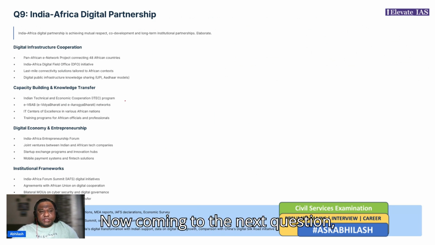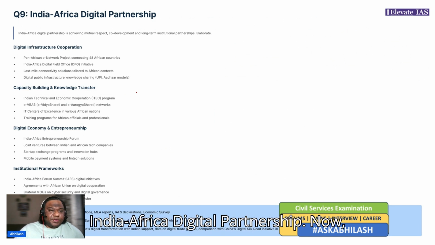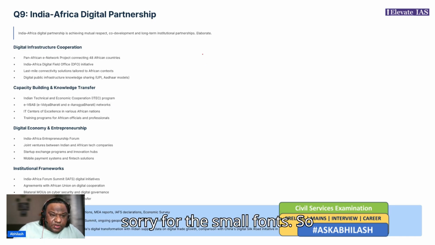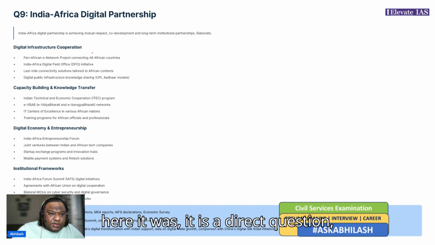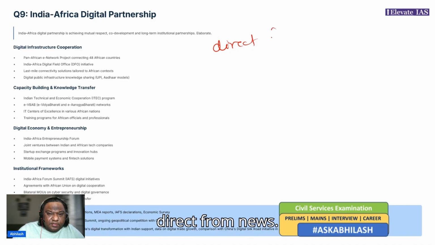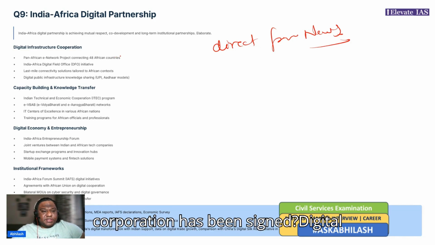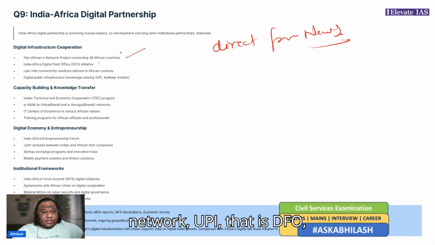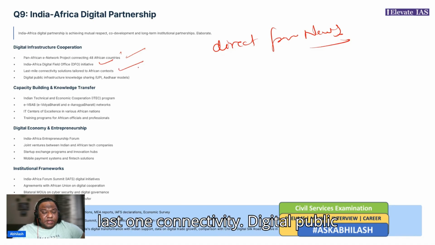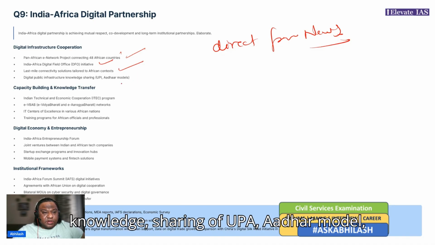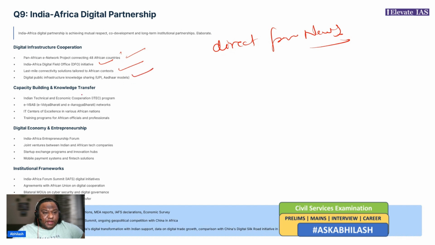Now, coming to the next question, the India Africa digital partnership. Sorry for the small fonts. So here it is a direct question, direct from the news. So, what all areas of cooperation have been signed? Digital networks, UPI, last mile connectivity, digital public infrastructure, knowledge sharing of the UPI and Aadhaar model, capacity building